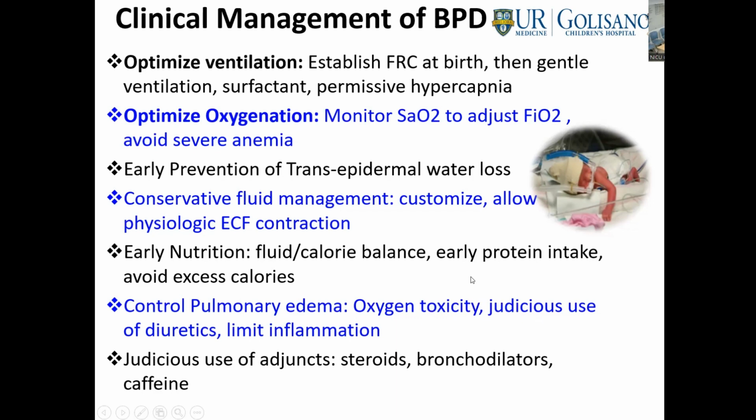But in BPD babies that are already fluid overloaded and did not take advantage of that contraction in the first couple weeks of life, then they need diuretics and judicious use of it. Use it to improve lung compliance and stop because of the effects on electrolytes. And then you're chasing water because you're now replacing with sodium after electrolyte losses, and then sodium brings back water into the lungs. So it's important to be judicious with fluid management in a conservative way and diuretic use